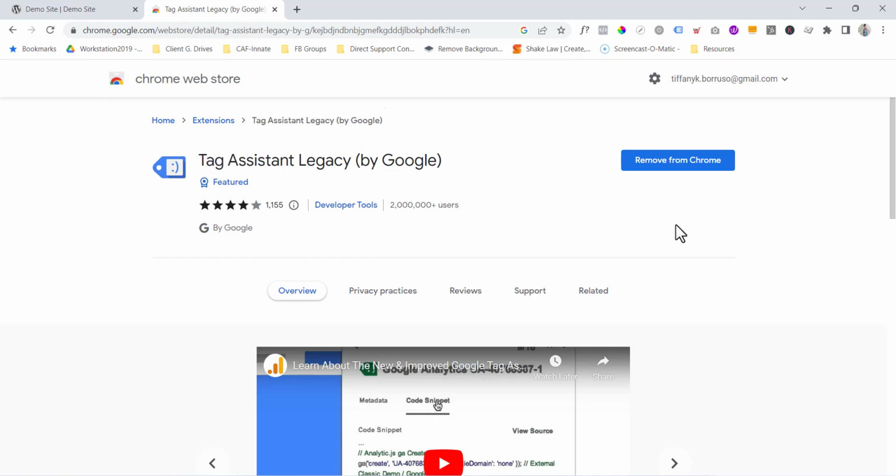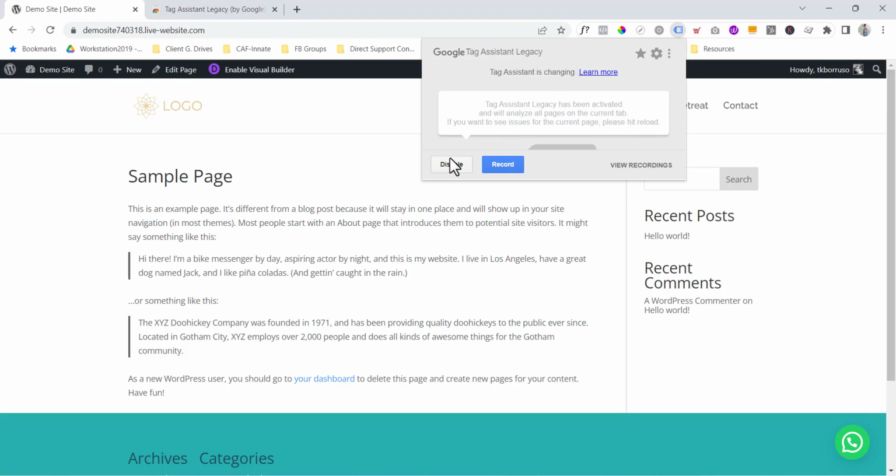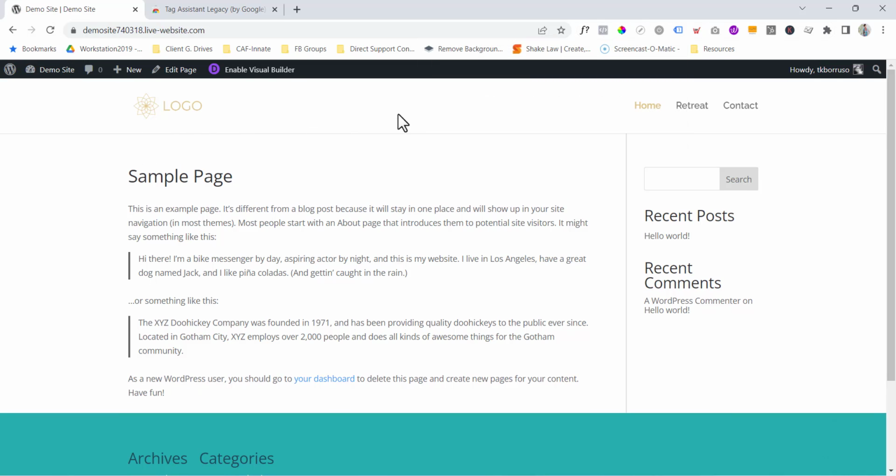Go ahead and install it and you'll see a little icon over here that looks like a smiley face on its side. And that is your Tag Assistant. Next, go back to your website and click on your icon and enable it. Next, refresh your website's page